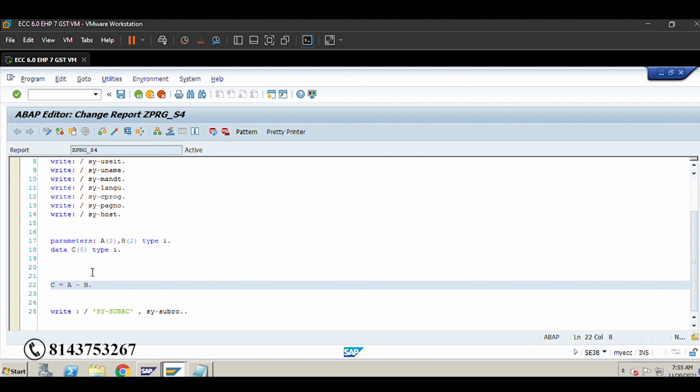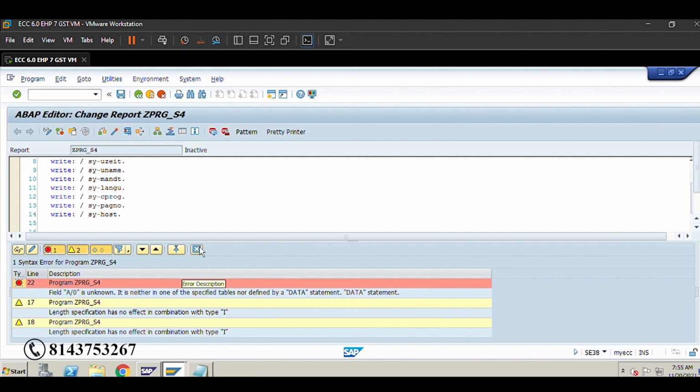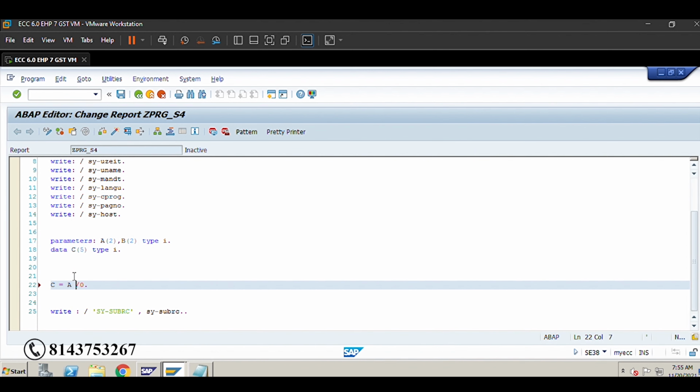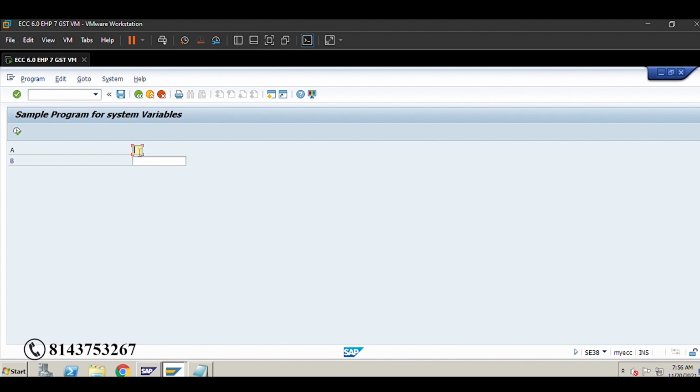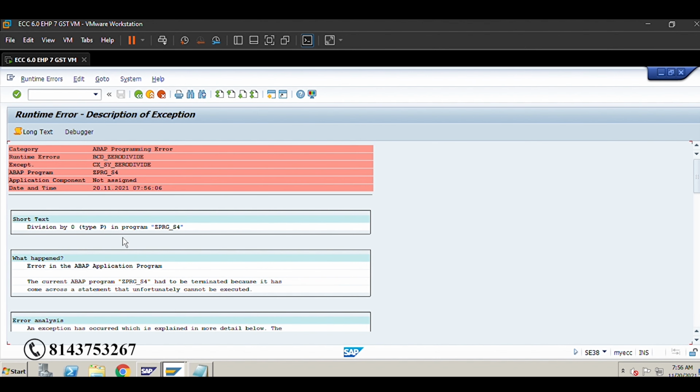I think we need an error, right? See, so it is going to dump.